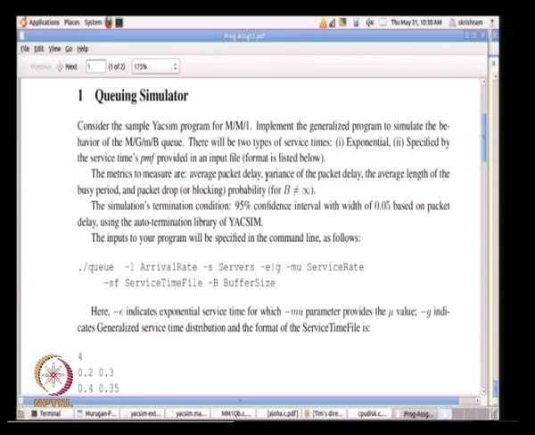So you have no closed form formula. So you have to resort to something like simulation to actually get the service variance, the packet delay variance in this particular environment. We can also measure the average length of the busy period for the different servers, and also the packet drop probability,